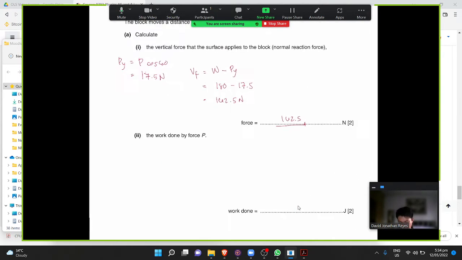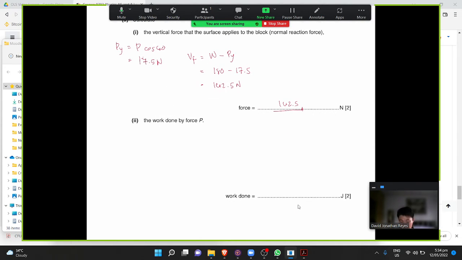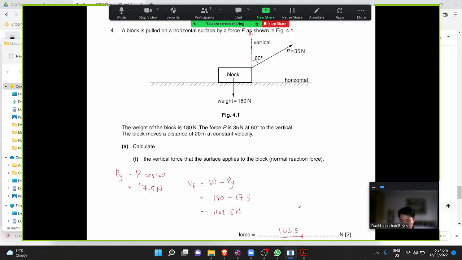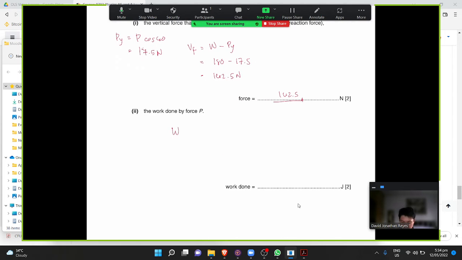Right, next is that we want to find out the work done by force P. Notice that force P is at an angle, okay, and the block moves a distance of 20 meters. We all know that work done is simply force multiplied by distance. But here, the force is at an angle, so the force is equal to cosine 60. Actually,